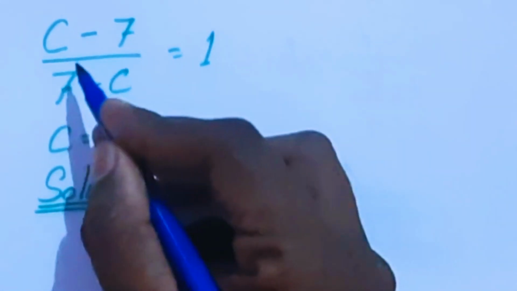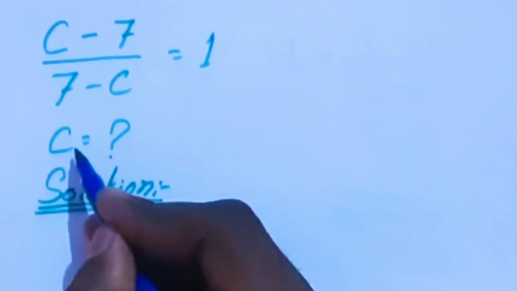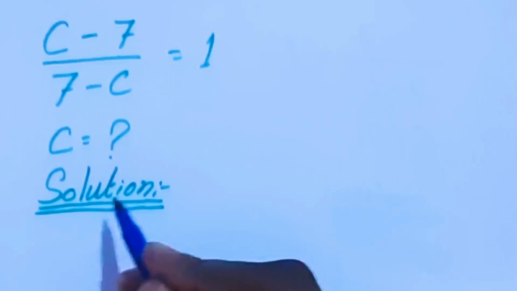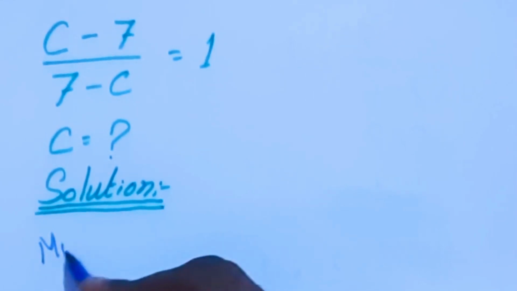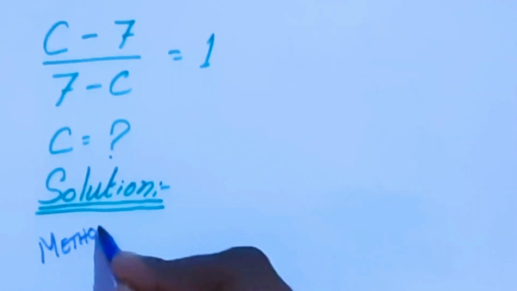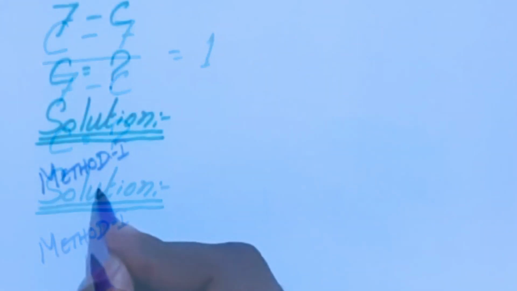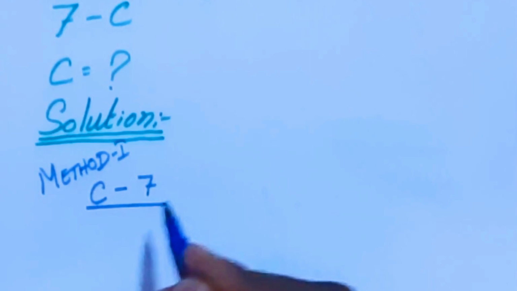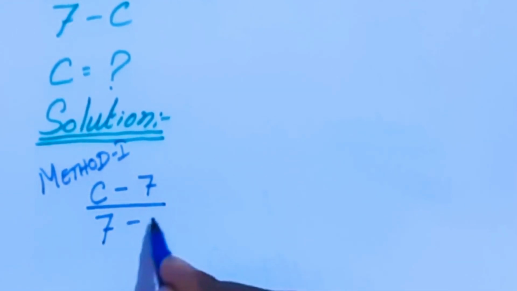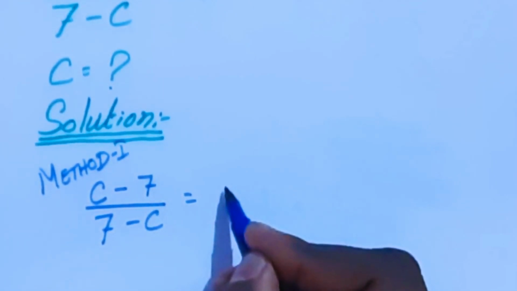Today we are going to solve this problem to find C value. Solution we are going to find in two methods. Here the method 1. The equation is (C minus 7) by (7 minus C) equal to